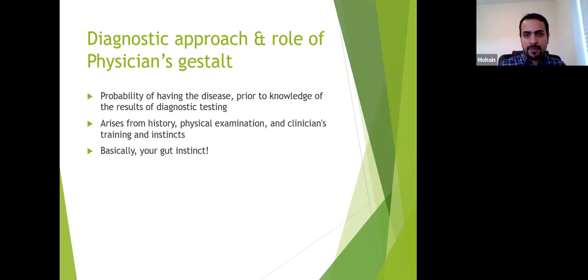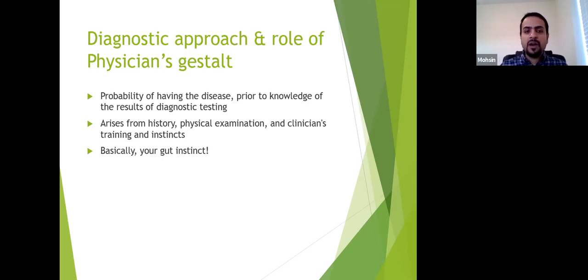So now I come to the main part of the talk: how to have a diagnostic approach for a patient that we think might be having a PE. There's a role for what we call the physician's gestalt. When we think about the patient, the examination findings, our initial blood work, ECG and chest X-ray, and they are more or less fine, when do we think, okay, shall we consider this patient as a potential pulmonary embolism, and when can we go for their workup? This is where our own physician gestalt comes in.